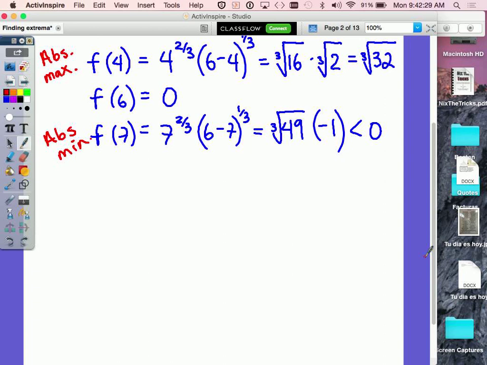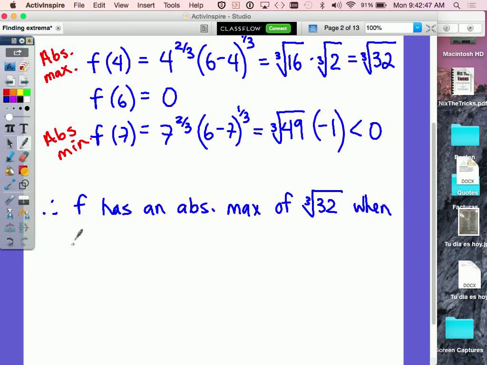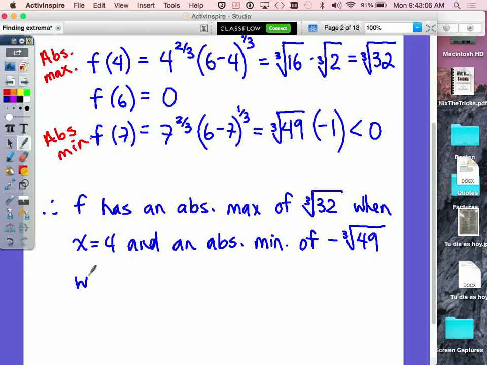I can just write up a final statement, and I can say, therefore, f has an absolute max of the cube root of 32 when x equals 4, and an absolute min of negative cube root of 49 when x equals 7. I'll leave it to you if you want to check that in the calculator and graph